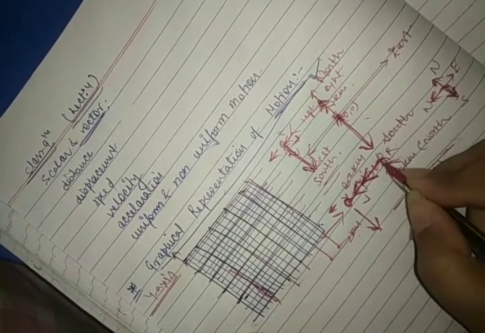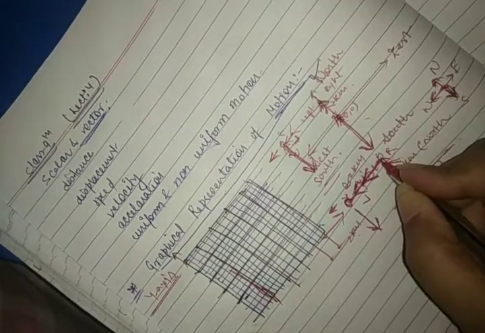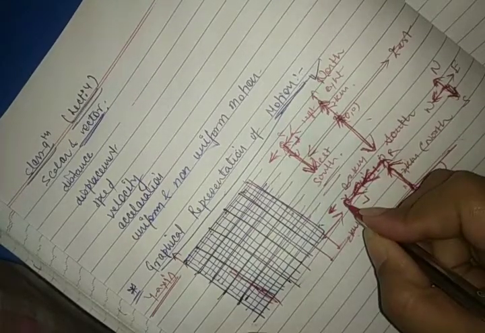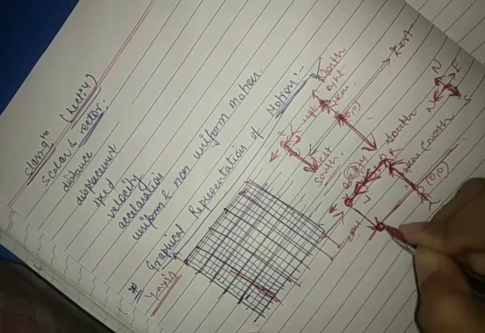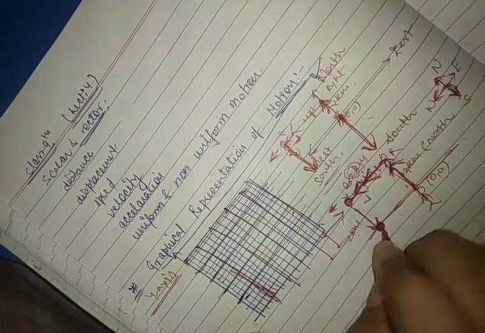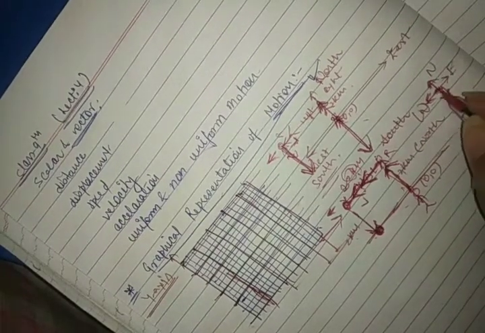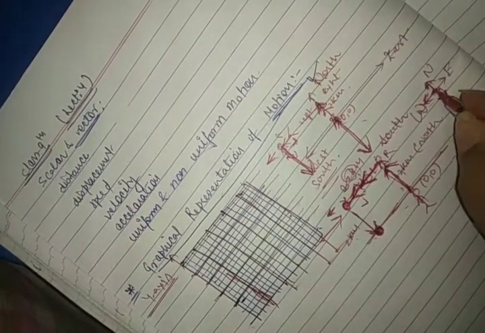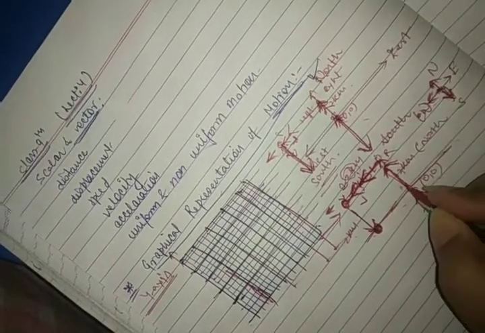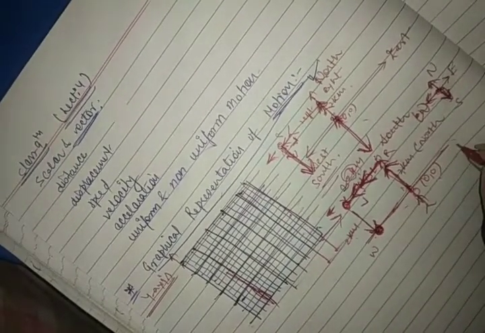It travels 2 kilometers towards the north direction, then in the west direction 2 kilometers, and now in the south direction 2 kilometers. So he is now at this point, right? At this point. So this point is where? This is your origin, this is your west. Now from the origin it is in the west direction. Now this is west, this is east, this is south, and this is north, right?